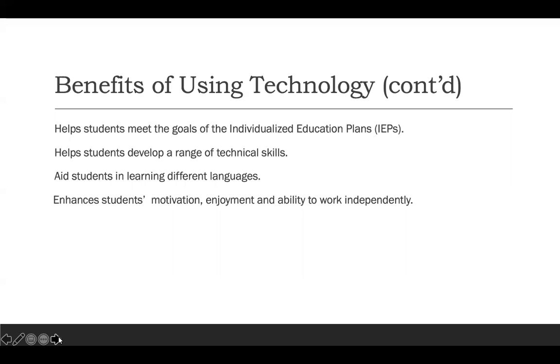Technology helps students meet the goals of their Individualized Education Plans, the IEPs. Putting these specific technology goals in the IEPs will help make all of us more accountable. It helps students develop a range of technical skills, and it also keeps students' interest. So when students transition into the workforce, or into the college of their choice, this is going to help them